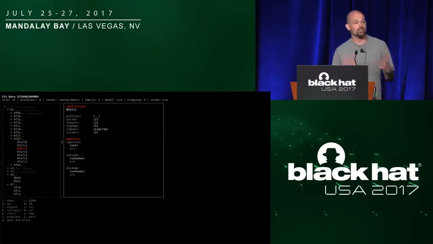So for example, it's telling me on this VIA Nano processor, there was a set of instructions that started with 0F1B that weren't documented. It found 64 instructions in this category. And then I can start drilling down into these sets of instructions in a little bit more depth. So for example, here I'm examining one of the undocumented instructions that it found,